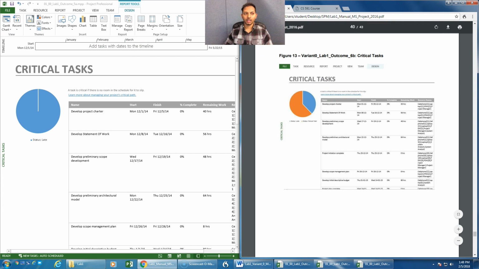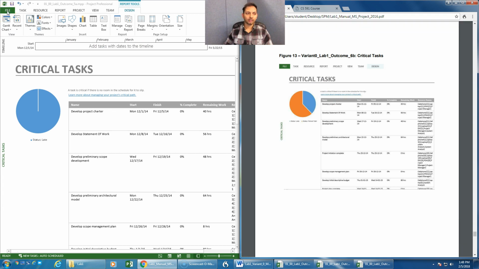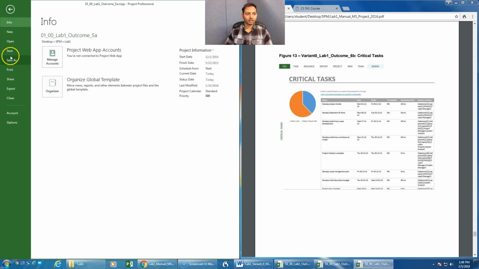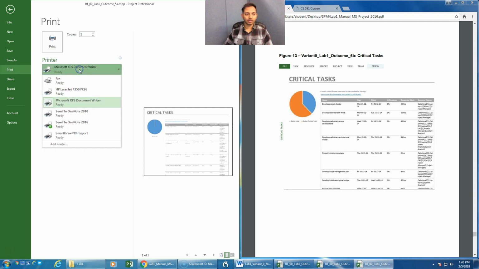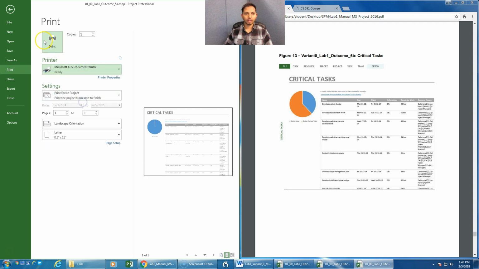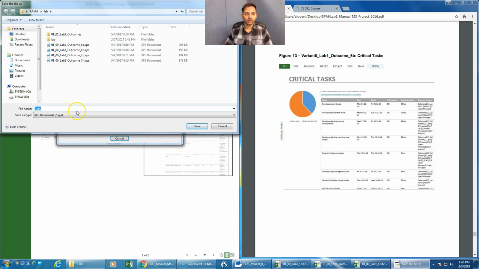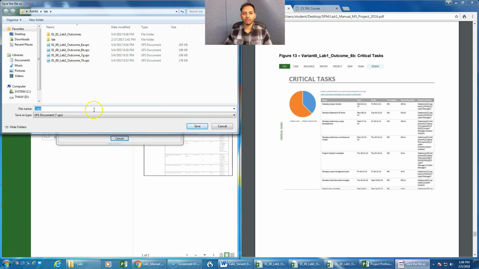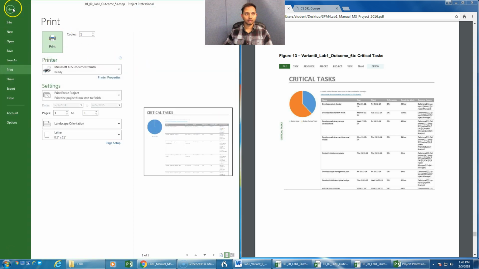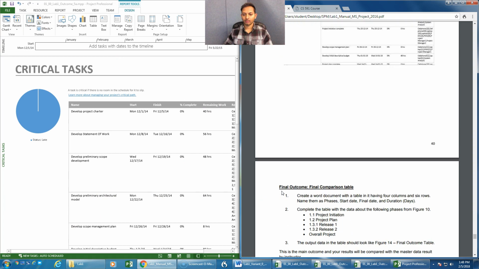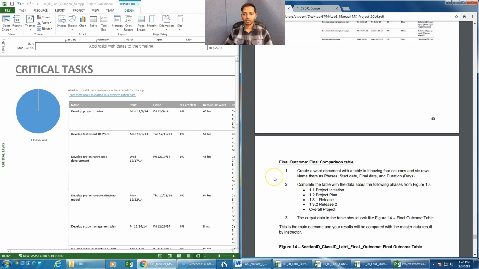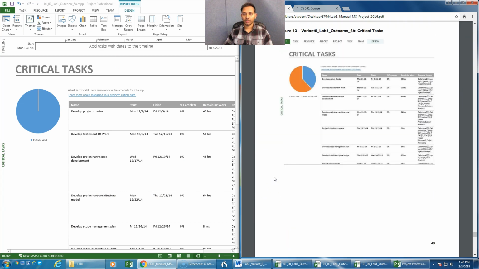So to save this file, again you have to save it as an XPS file. For that, click on file, click on print, again go for Microsoft XPS document writer and click on print, and save it as a 6B file. So once you're done with 6B file,